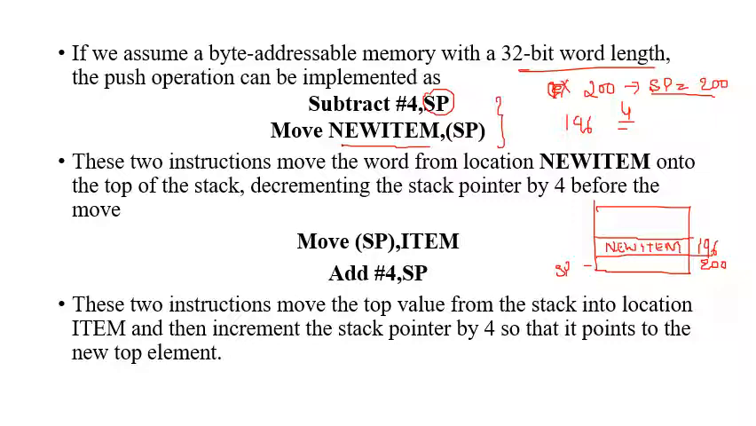Similarly, if you perform the next push, if you perform the same task again, the 196 becomes 192, and again the new item 2 is stored, and this keeps on growing. Similarly, if you want to perform the pop operation, that is